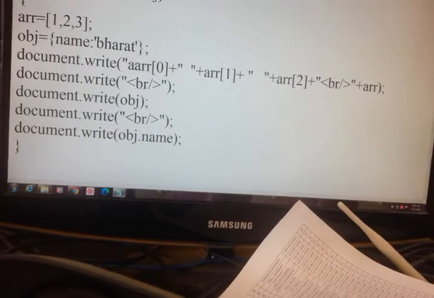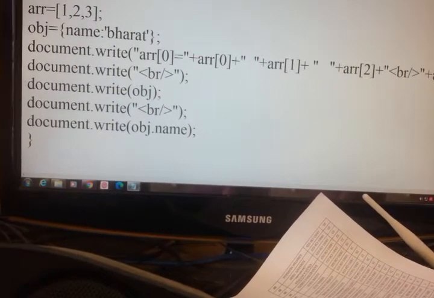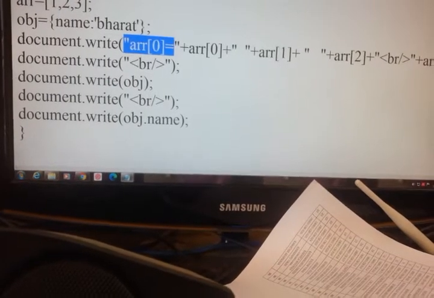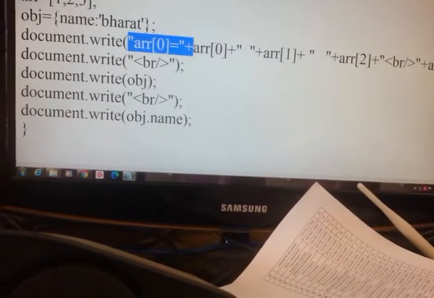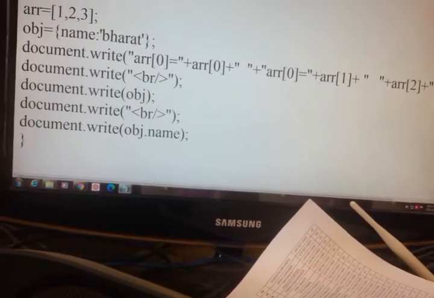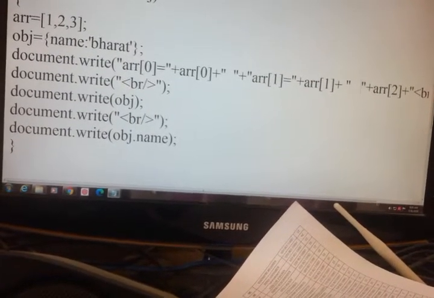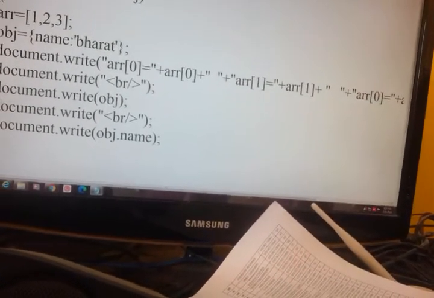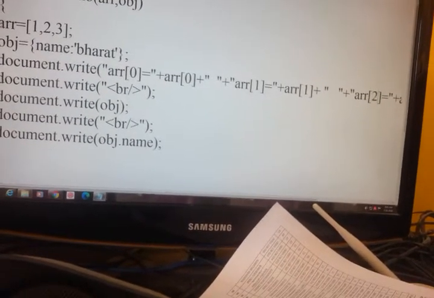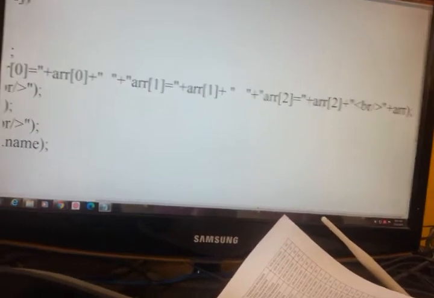And if you add some more decorations, you can do arr of 0 is equal to, plus arr 1, arr 2. Save, then executing the program.